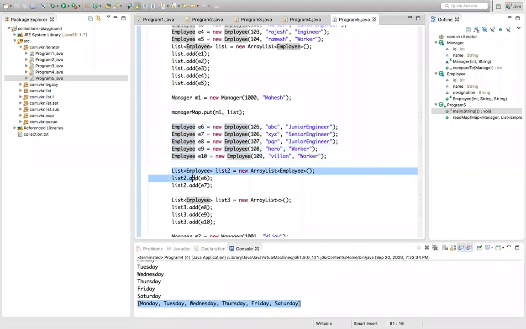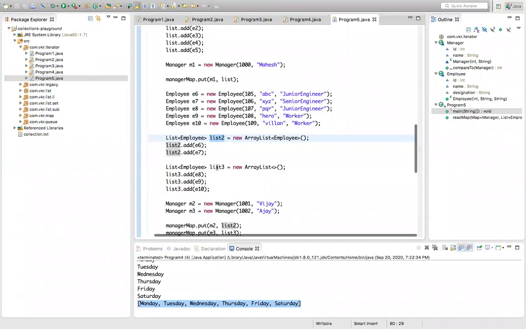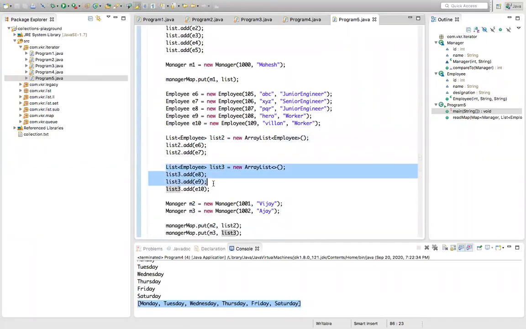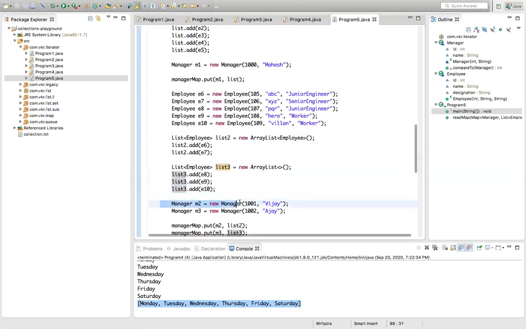Now here I have created 2 lists. The first one is list 2, which has two data. List2.add of E6 and E7. 2 employees added to the list. This belongs to manager 2. And list 3 belongs to manager 3. Inside list 3, I added 3 elements: employee 8, employee 9, employee 10. For manager 2, we have